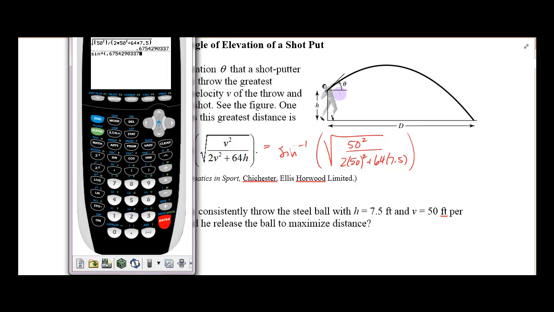and we do need to be in degree mode, so let me just check really fast. I'm still in degree mode, so that's good. And let's calculate that out. So the inverse sine of that value says that this guy needs to be releasing his shot put at an angle of 42.5 degrees with the horizon